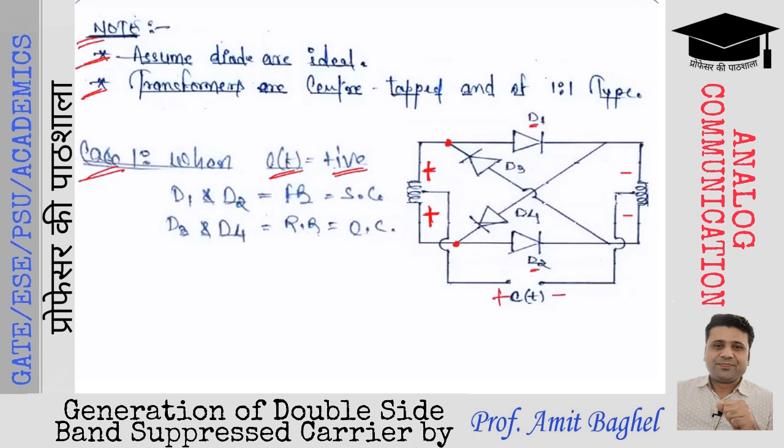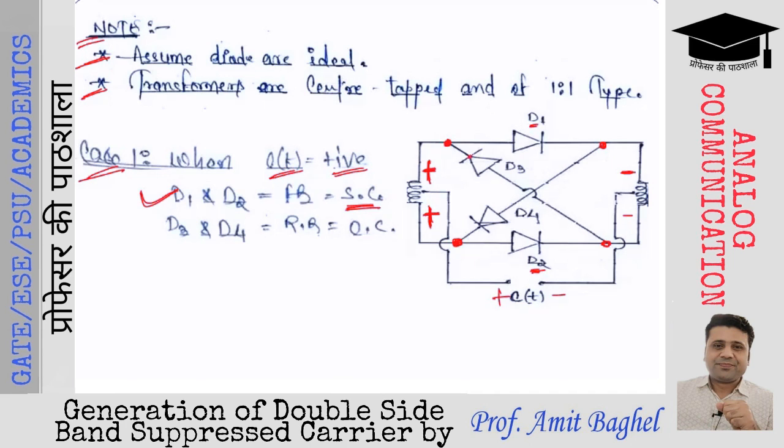As we can observe, D1 के पॉजिटिव टर्मिनल पे पॉजिटिव वोल्टेज है और D1 के नेगेटिव टर्मिनल पे नेगेटिव वोल्टेज है. So D1 will be forward biased. Same way, D2 के पॉजिटिव टर्मिनल पे पॉजिटिव वोल्टेज है and D2 के नेगेटिव टर्मिनल पे नेगेटिव वोल्टेज है. Hence D2 will also be forward biased. So D1 and D2 will be forward biased. Hence they will be short circuited. Whereas